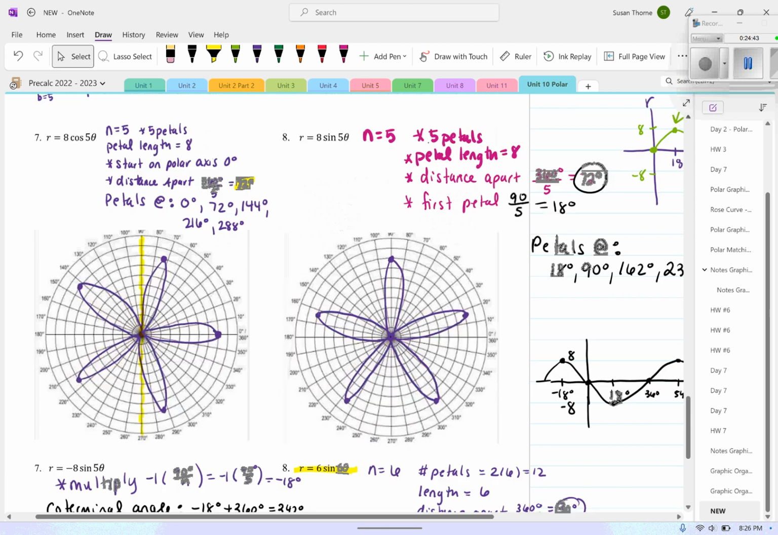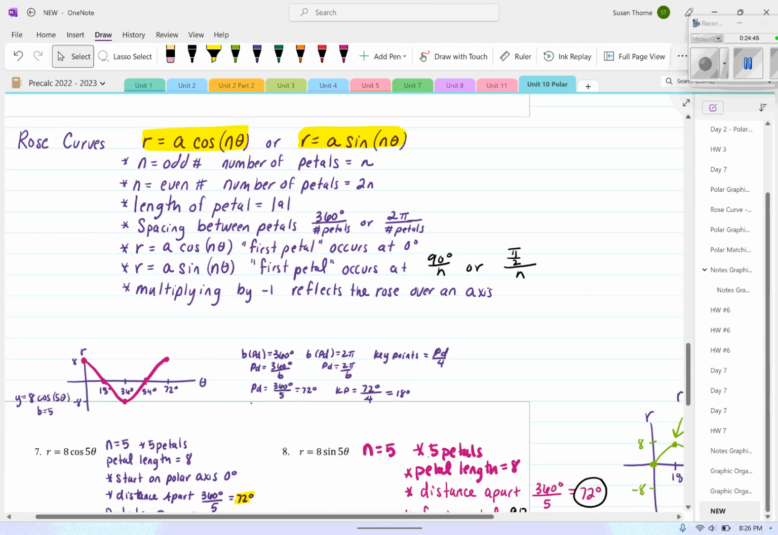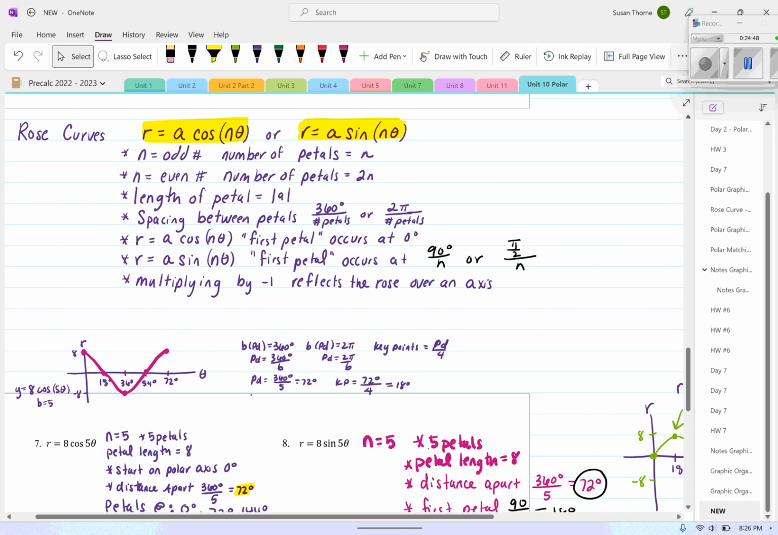So knowing this information up here is helpful again. When n is an odd number, you have an odd number of petals; when even, you have 2 times n petals. Petal length is the absolute value of a, and the spacing is 360 over the number of petals, or 2 pi over the number of petals. For cosine, the first petal occurs at 0 degrees. For sine, the first petal is 90 degrees over n, or pi over 2 over n, depending on if you're using radians or degrees. And then multiplying by -1 reflects the rose over an axis. So that is it for this